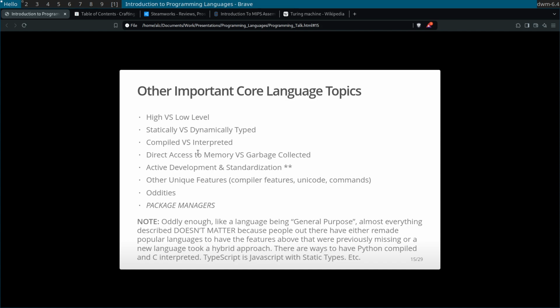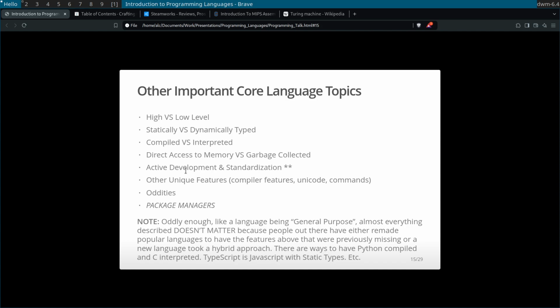This could lead to faster code, but it's also very dangerous because there are a lot of ways to shoot yourself in the foot when you're doing your own management. One of the biggest ones is memory leaks, which happen when you're not careful about freeing the memory when you're done.